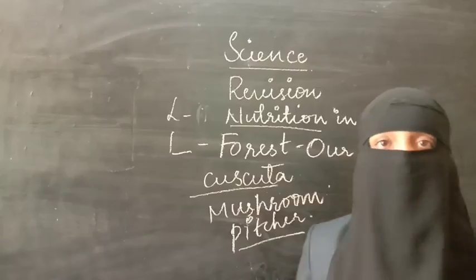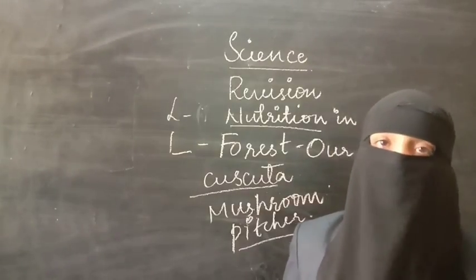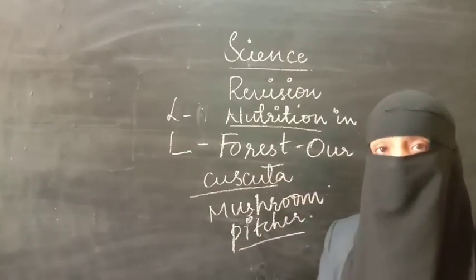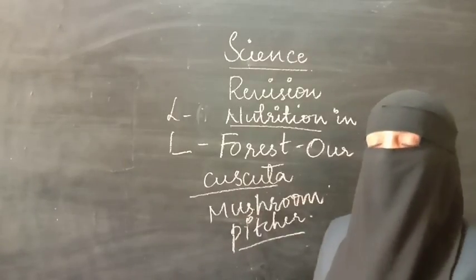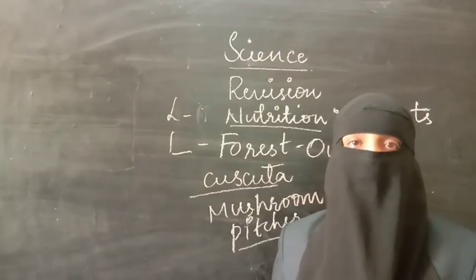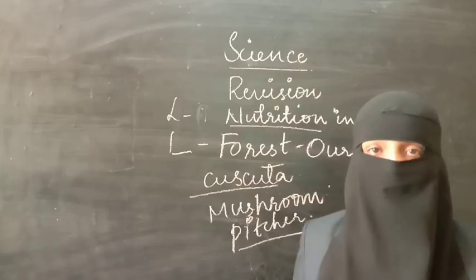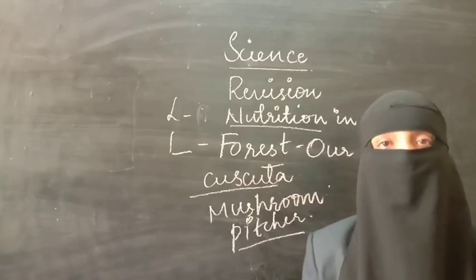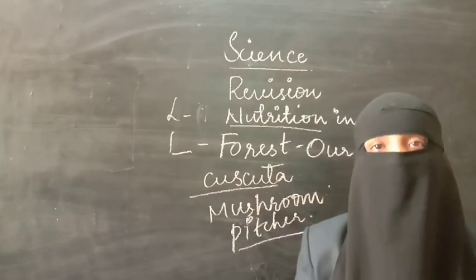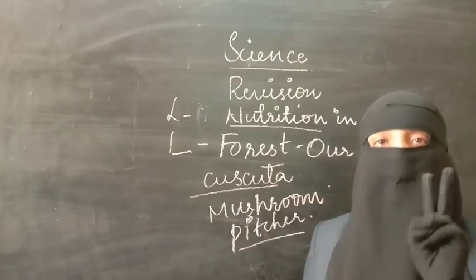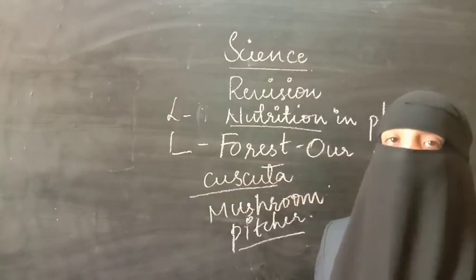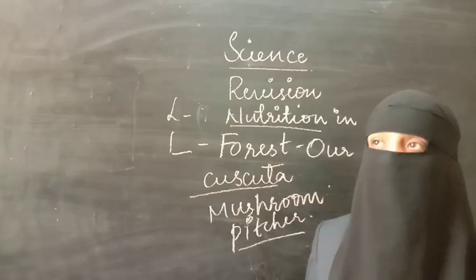We have seen everything regarding that, and then we have seen what happens to photosynthesis if light is absent. One more relationship is the symbiotic relationship. In heterotrophic nutrition, as in Cuscuta, mushroom, or the pitcher plant, only one group is getting benefited and the other group has a loss. But in a symbiotic relationship, both groups benefit, because one organism gives food and the other gives shelter. In this way, there is a mutual understanding between both groups. I have explained symbiosis very clearly and given 2 examples. Go through that clearly.